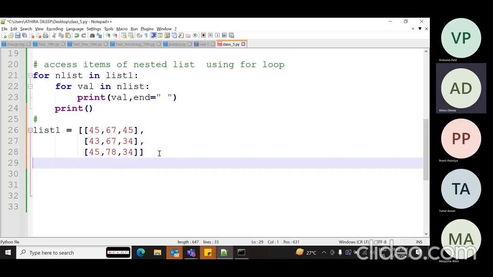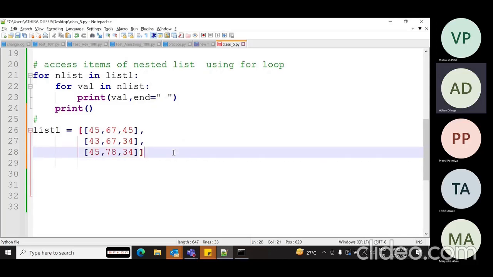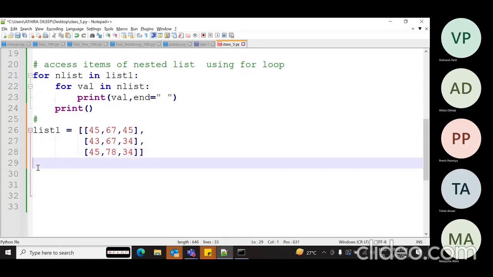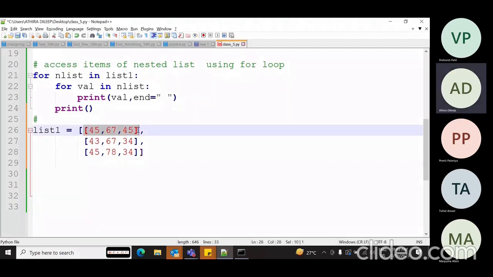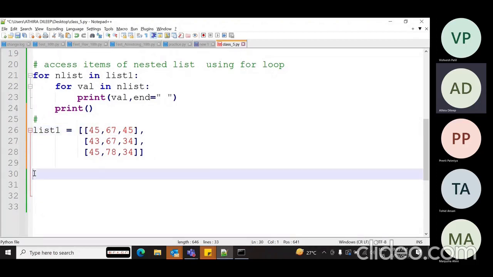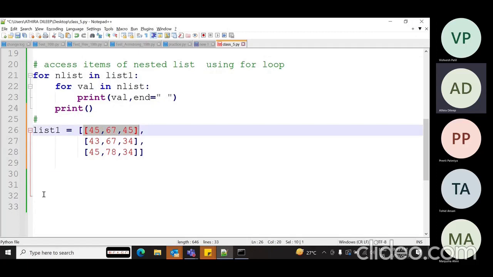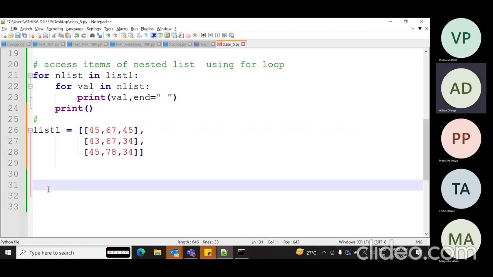So this is not a matrix, but we want to treat this nested list as a matrix. And we want to perform some operation: we want to sum the items of the nested list. We will create a new list in which the sum of each nested list will be an item. Then